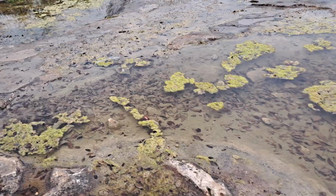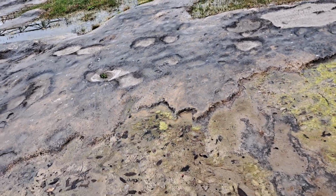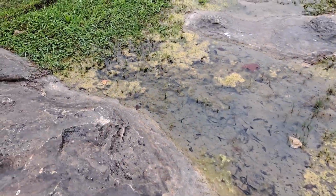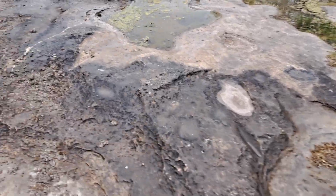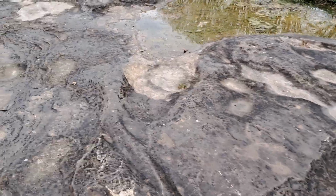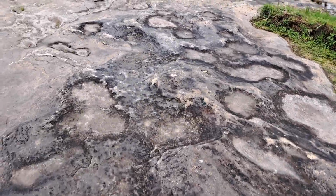Now, the other thing we're going to look at is the object for which this town is named. Whoa. A little slippery out here. Now I have to be careful because there's a gentleman. Walk over here. It's quite wet and quite slippery all through here. Now those tracks just disappear almost into the hillside. I'm not exactly sure